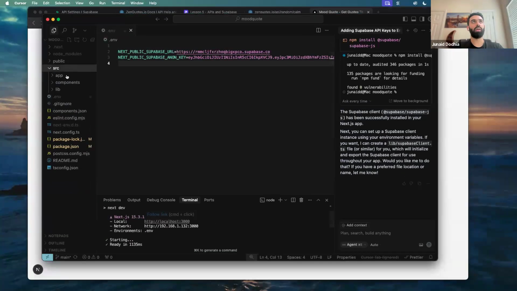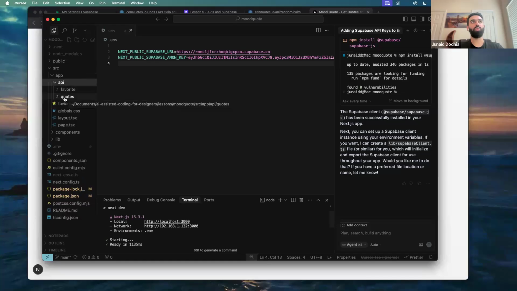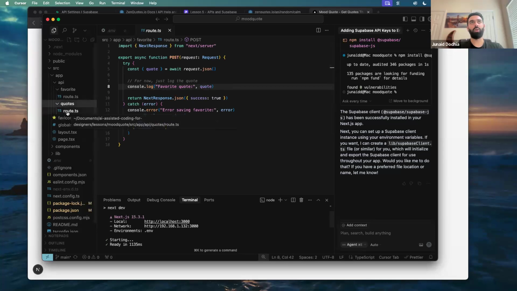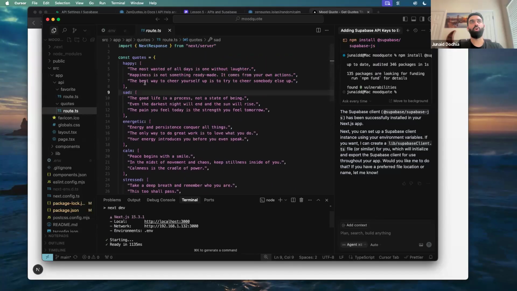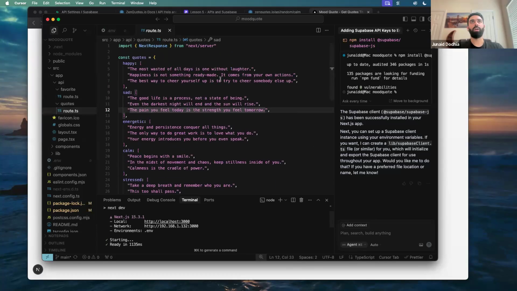If we go here and go under app API, we have two routes, quotes and favorite. Favorite is to save it in the database. But if you look here, we're just logging the quote. We're not actually talking to the database right now. And in the quotes section, we have a route where we are getting the quote from our local storage. So what we need to do differently here is I'm going to link this file